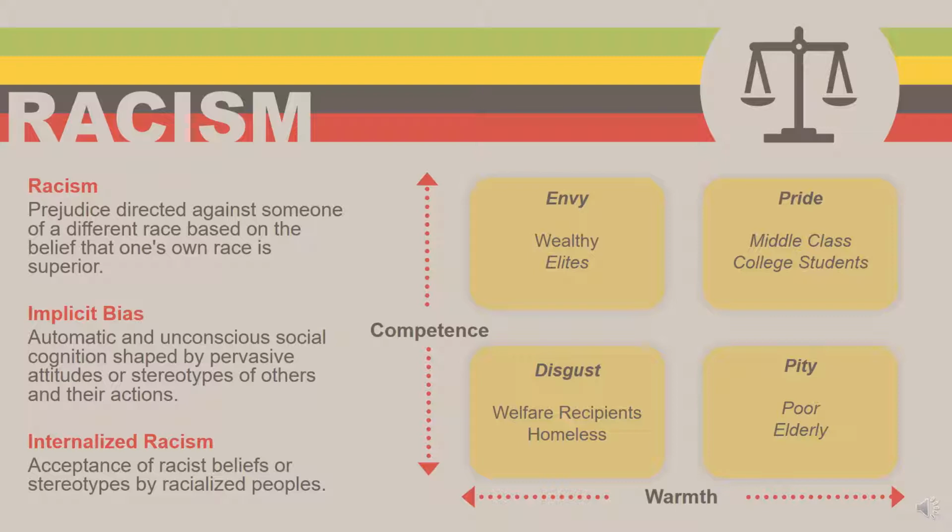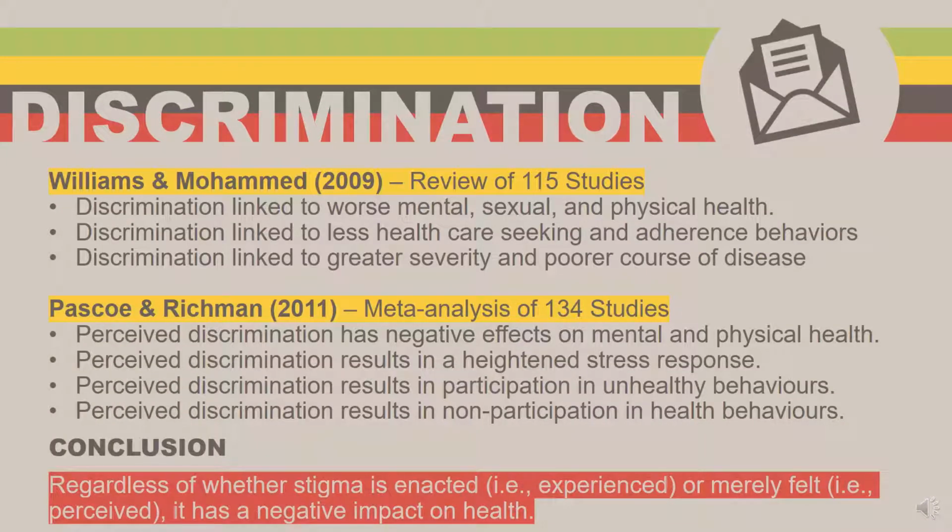Meanwhile, those who are perceived as incompetent and cold, on the opposite of the diagonal, are treated with disgust, as is the case of welfare recipients and homeless people. Oftentimes groups who we've systematically disadvantaged end up in that category. Those who are perceived as competent and cold attract our envy, and those who are perceived as warm and incompetent attract our pity. In each circumstance, the in-group and out-group dynamics that are determined by our perceptions have a profound impact on how we treat one another. So when racism is acted upon, it becomes discrimination.